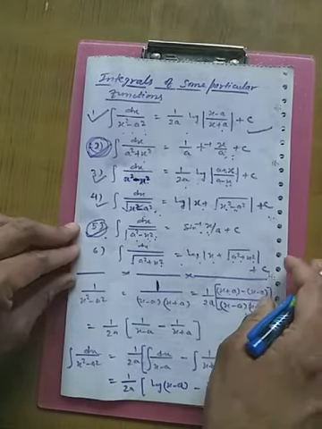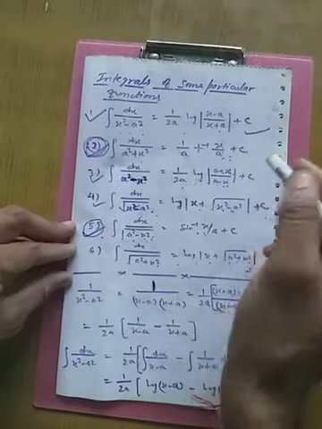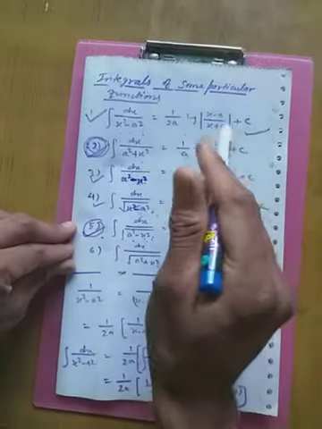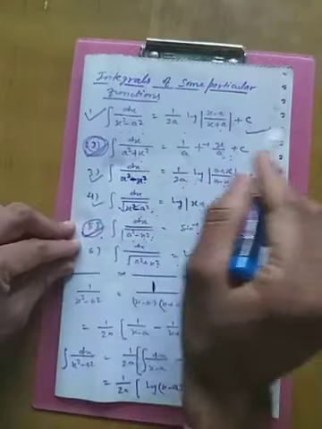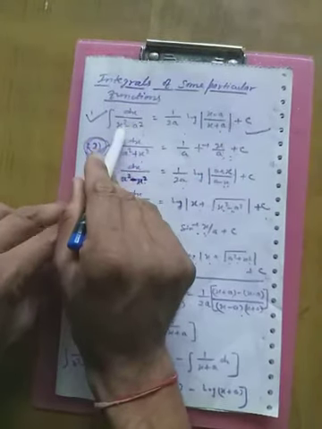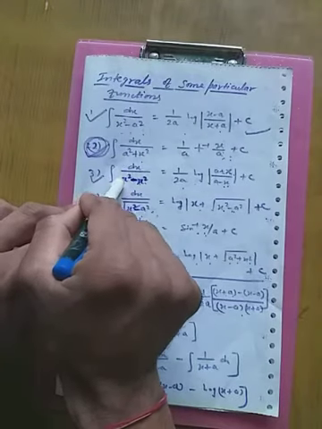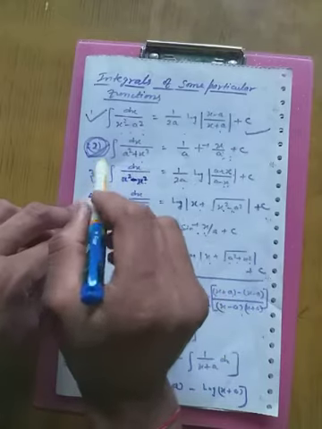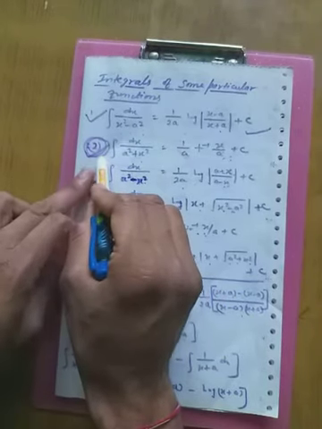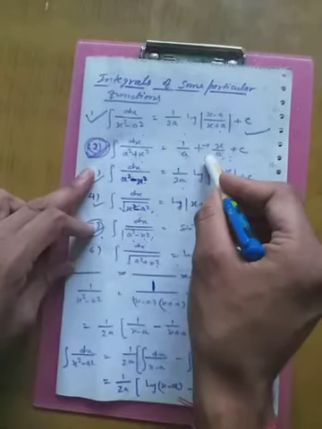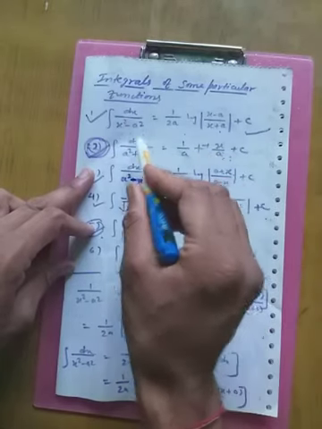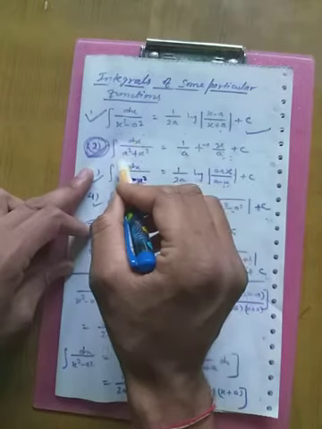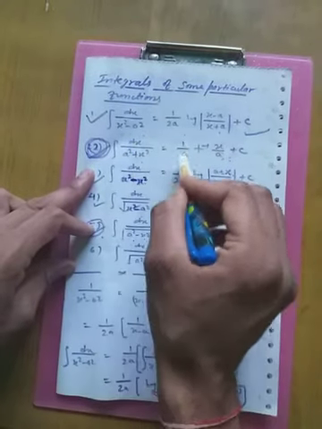Dear student, I will tell you the learning technique of all these six integrations. There are three without roots and three with root. Among those without root, the second one is well known. As we know that the differentiation of tan inverse x is 1 upon 1 plus x square, therefore the integration of dx upon a square plus x square is 1 upon a tan inverse x upon a.